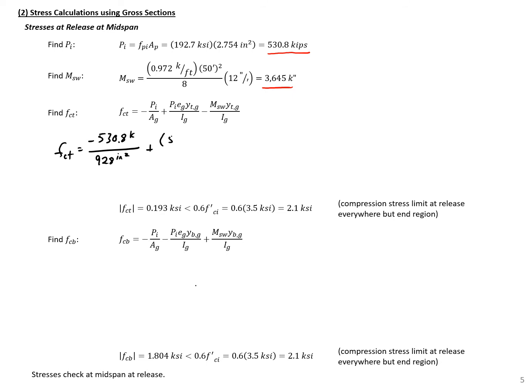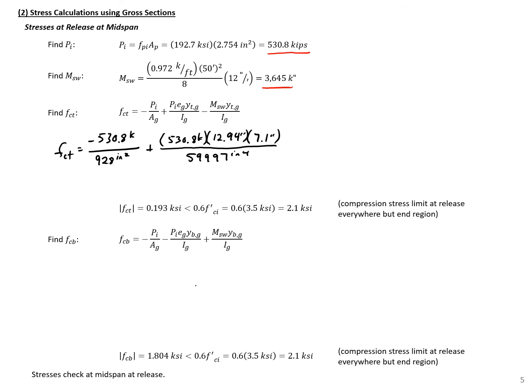So we have 530.8 kips times 12.94 inches times the distance between the centroid and the top of the section, 7.1 inches, divided by our gross moment of inertia,